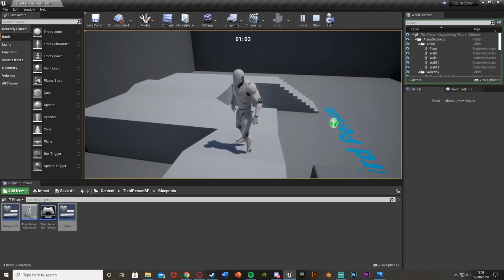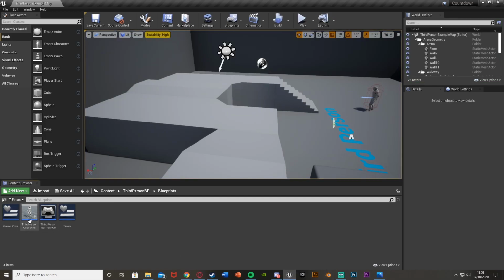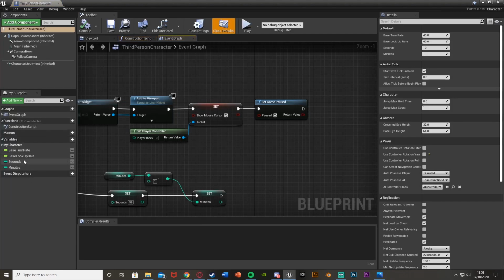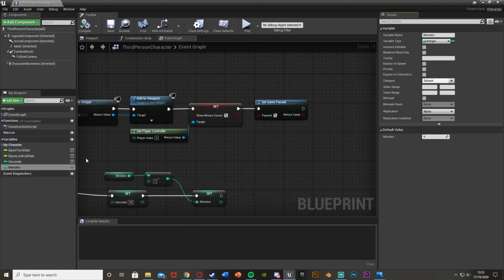So I think that'll be it for this video. So we've done everything we want to do. We've created a countdown timer to go from any time that we like. So if you want to change it, you can just open up the character blueprint and change the minutes and seconds variables here. So if I set the minutes to 5, seconds to 30, this will be 5 minutes and